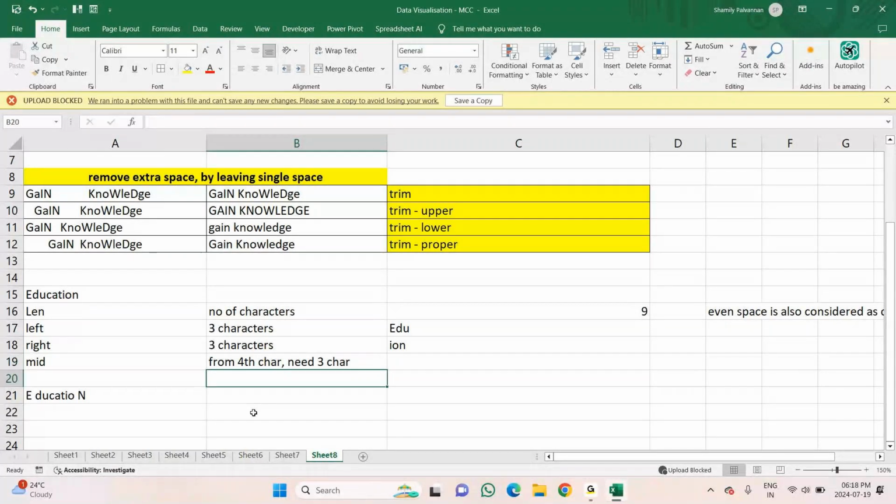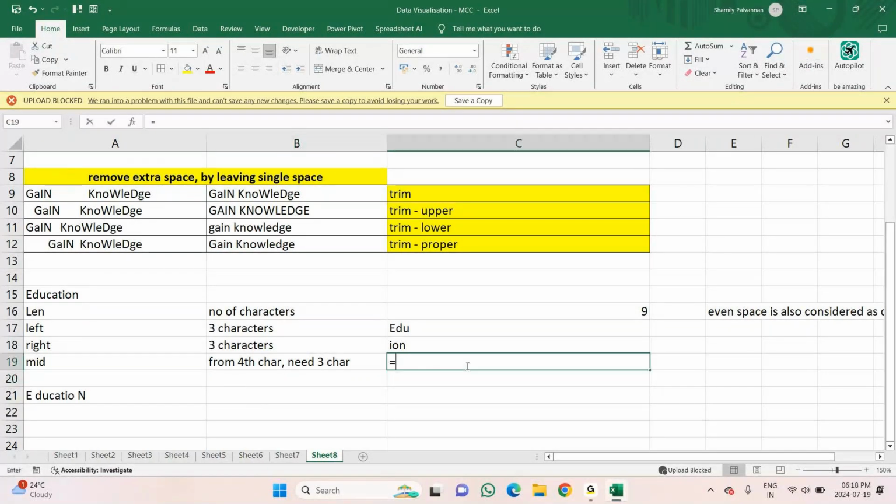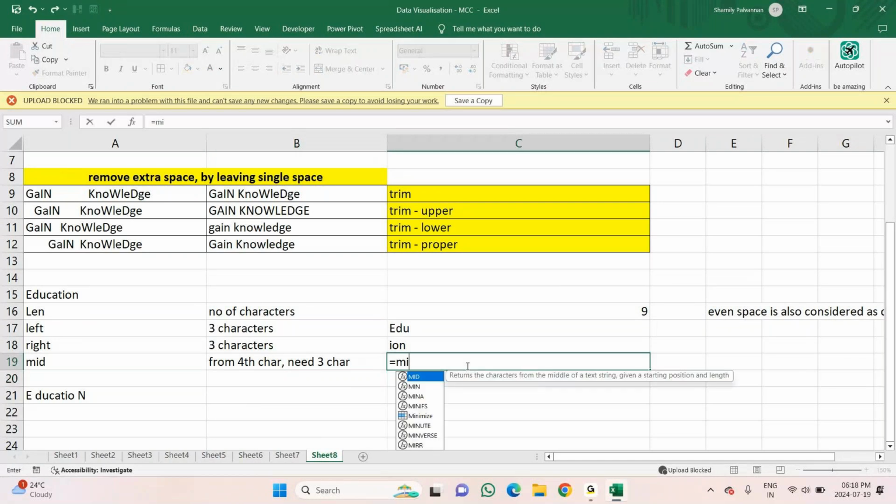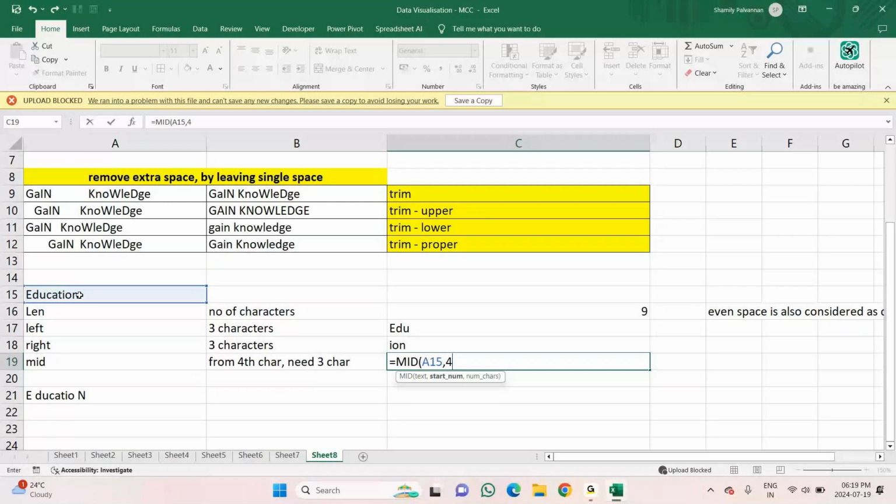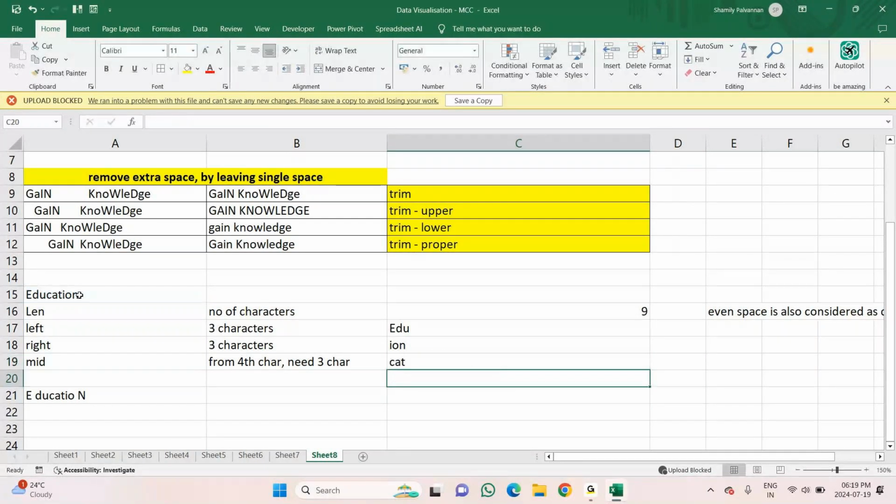Okay, this is what I'm going to ask. So equals MID function. The text is education. I need the start number 4. So that is EDUC, C is the fourth character. Start from the fourth character, that is C. From there, give me 3 characters. I'll close the bracket, enter. So this is what I have. EDUC, C is the fourth character. So CAT, 3 characters, it is showing me. So like this, you can take.